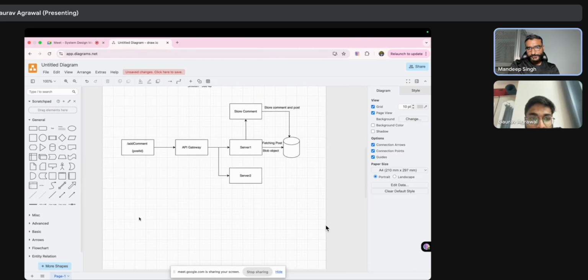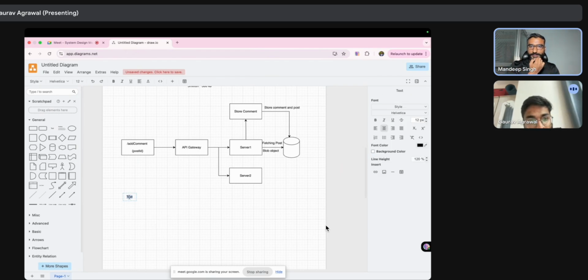Can we work a little bit on the entire structure of the add comment API and what the response would look like? Let's say I am a user and I am using this platform. If I'm using an app, from the app you are making some API call. So what would the request look like and what would be the response to that add comment API?